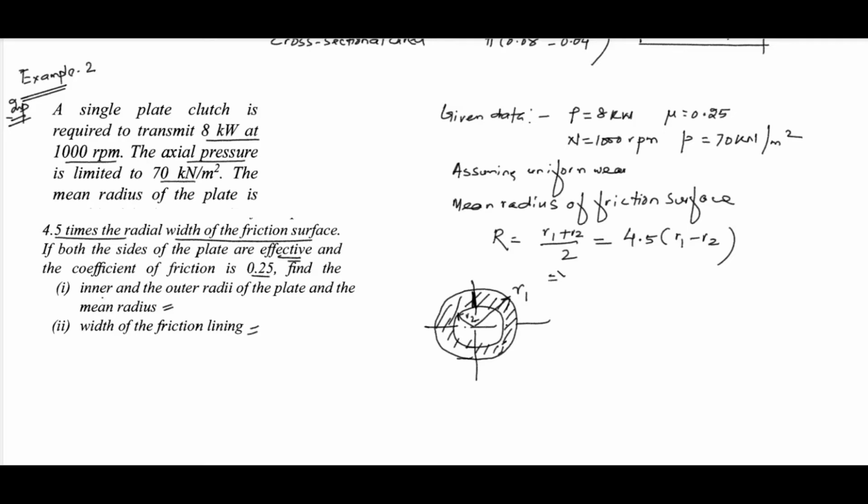So from this we can get a relation that R1 plus R2 is 9 times R1 minus R2. Okay, or we can say that your 8 R1 is equal to 10 R2, or R1 is 1.25 times of R2. Okay,